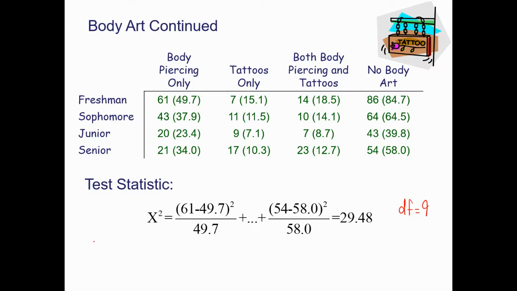That's right. So using the table, the p-value with the table, you get between 0.0005